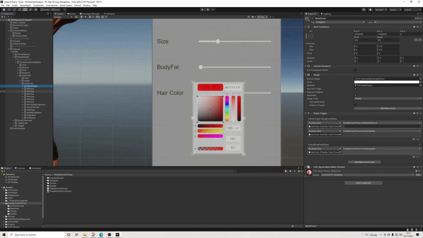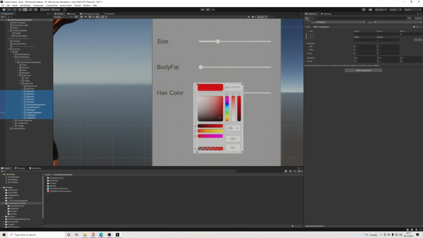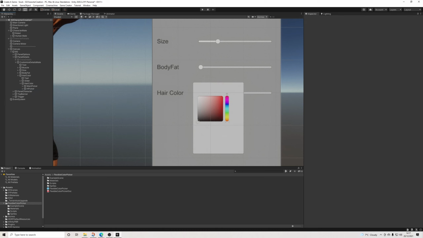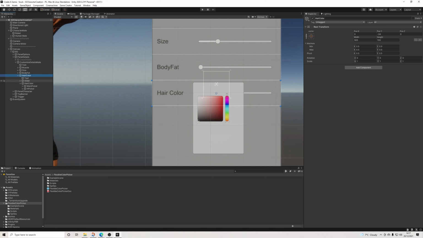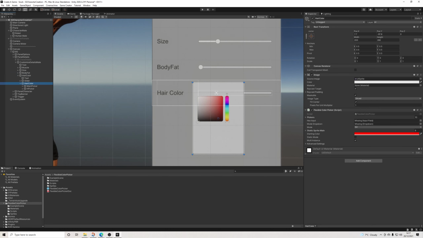We're going to use the main picker, and we're going to use the H picker. Changing alpha value does nothing in this case, so we don't need it. It's really cool that it's there though, because for a lot of things it will add some value. But yeah, in this case, we don't need anything else. So I'm just going to get rid of everything else. Cool. Then we also have on the hair color script, we do have a starting color, and I'm going to